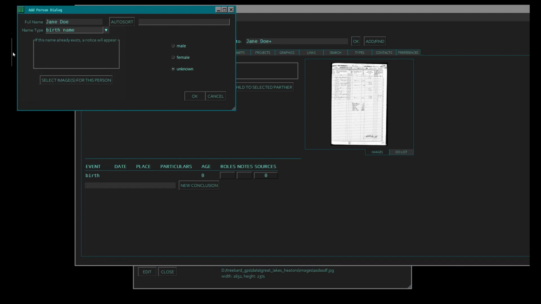Now watch what happens here. It says it here. If this name already exists, a notice will appear. Okay, when I tab out of here, so